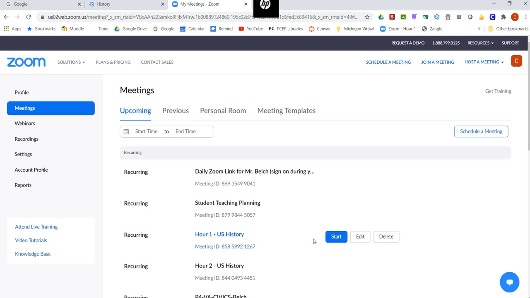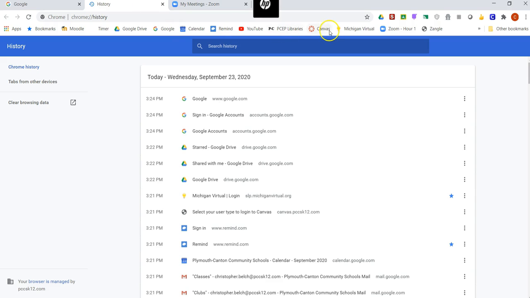If you already know the Zoom link, and I hope that you do, you can bookmark the Zoom link. I've got first hour bookmarked here. We can just click on our Zoom link and it will then take us directly to the meeting that we need to go to. However, if you don't know what the link is, the next step is